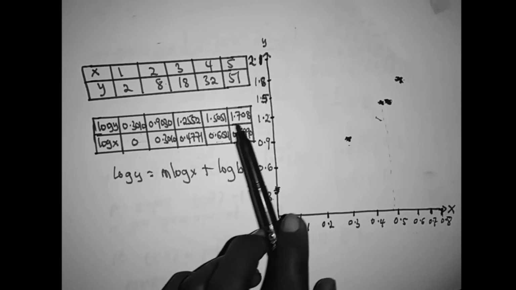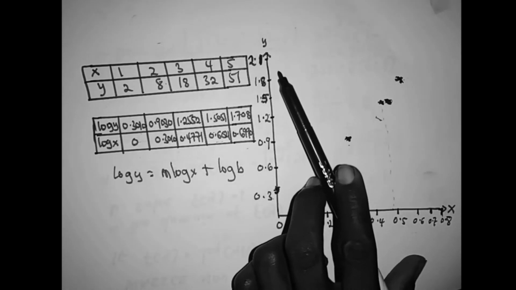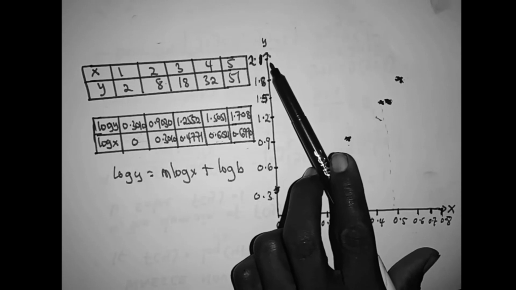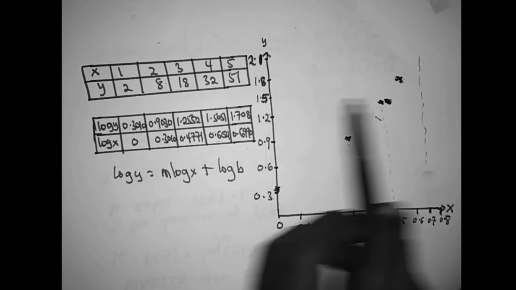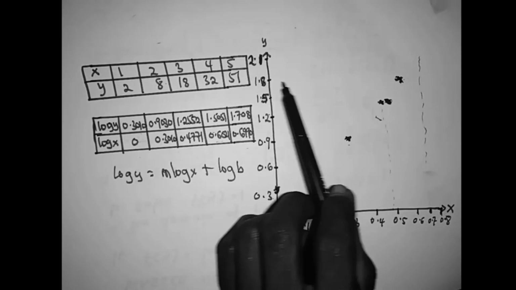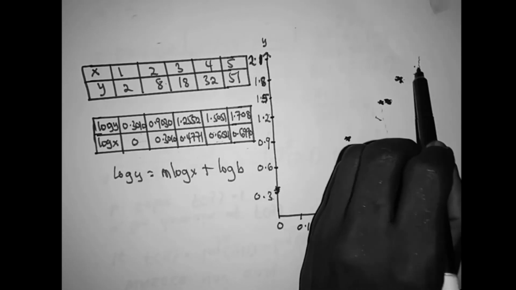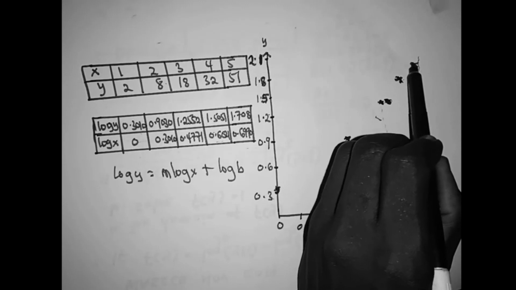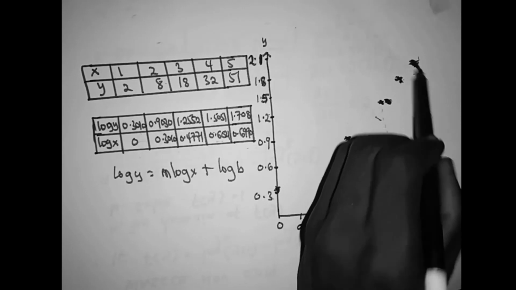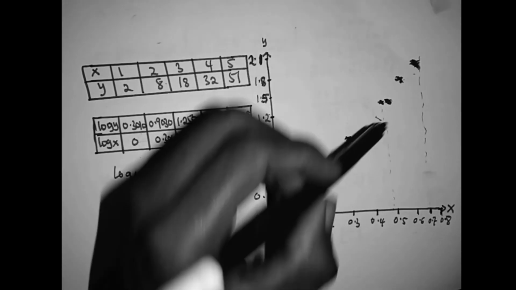So it's almost 0.7 as against 1.7. 1.7 is greater than 1.6. So it's somewhere here, a little bit below 1.8. So it's going to give us a certain value somewhere here. So if we join our plot,